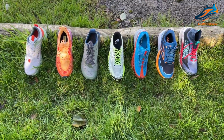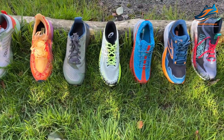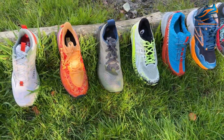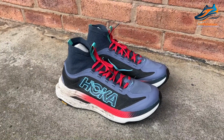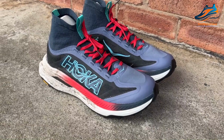Today we're looking at 7 of the best trail running shoes on the market. We're going to look at shoes from Brooks, Hoka, Saucony, Asics, Merrell. Lots of contenders here, all for different surfaces. Here's our pick. So first up, for those ultra runs at a fast pace, adventure races, we've got the Hoka